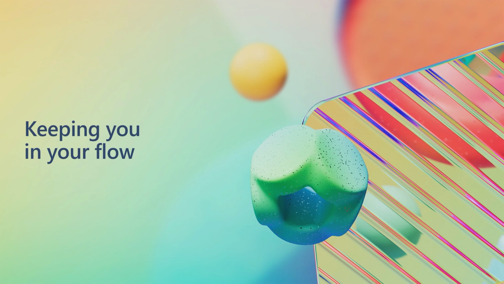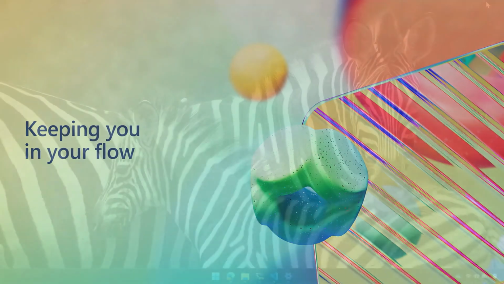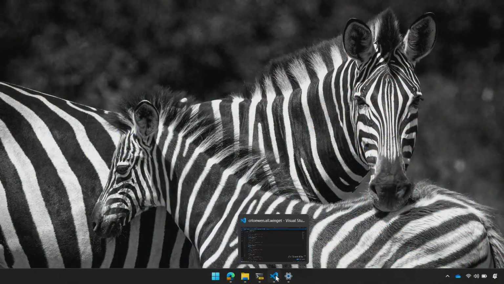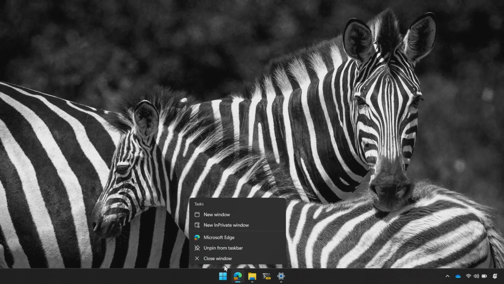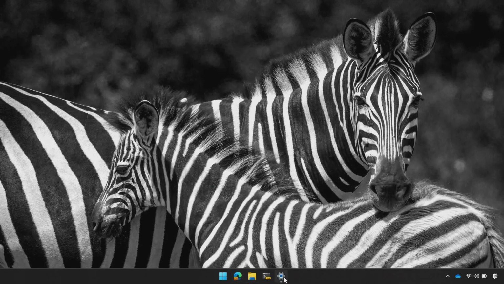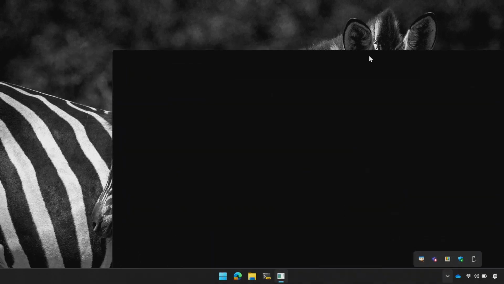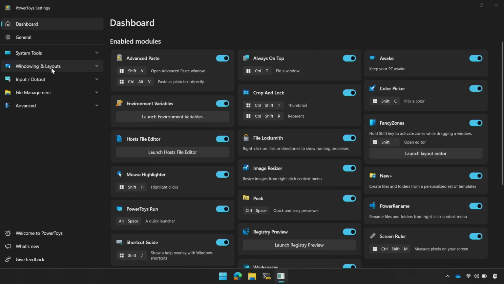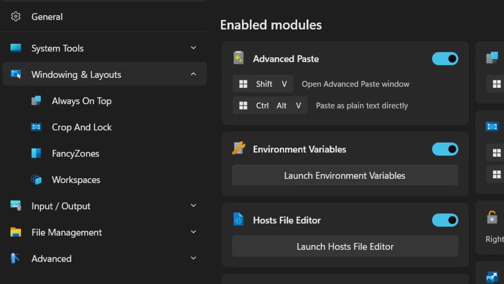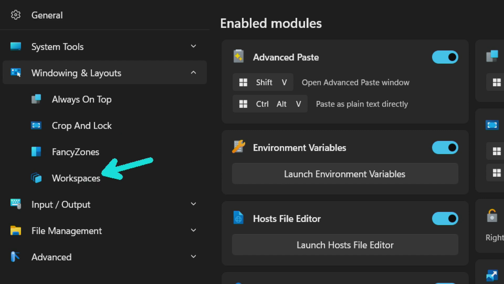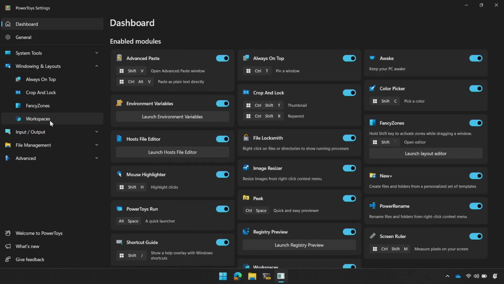We can jump back. And so I'm going to head back to my machine. And I'm just going to close out these windows and pretend that I'm starting my day for the first time. And so on a totally clean machine, if I'm starting up, one of the things I do is open my windows in a very particular manner. And there is a new tool in PowerToys that really helps with this. If you go to PowerToys, you'll notice we have a new section at the sectioning system on the left. New navigation view. And there's a new PowerToy here called Workspaces, which is my favorite new PowerToy.